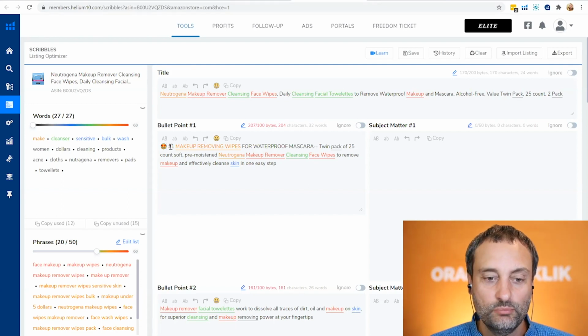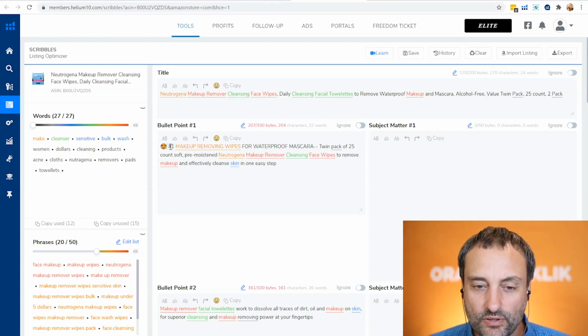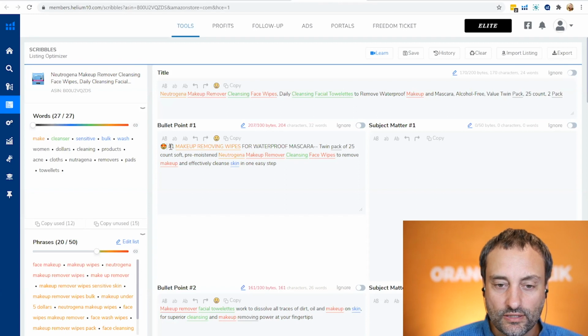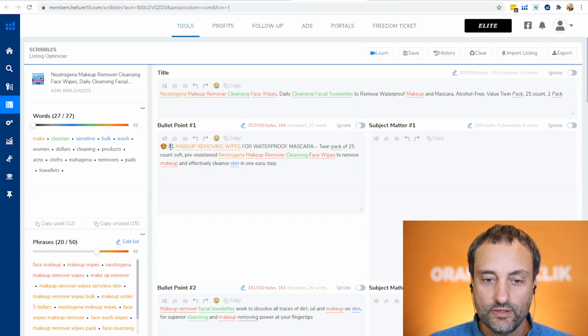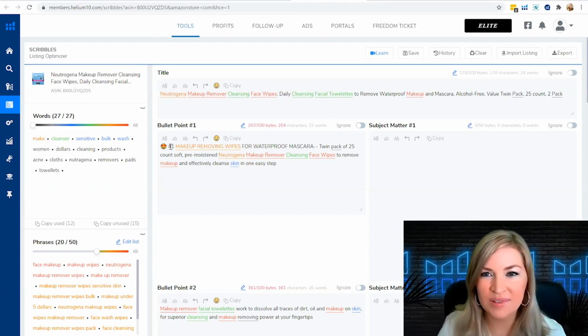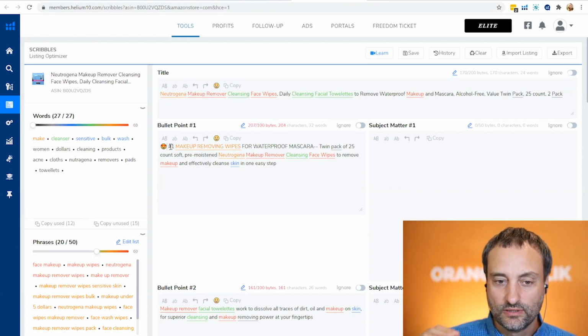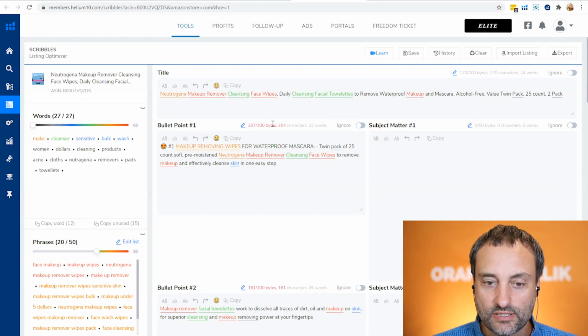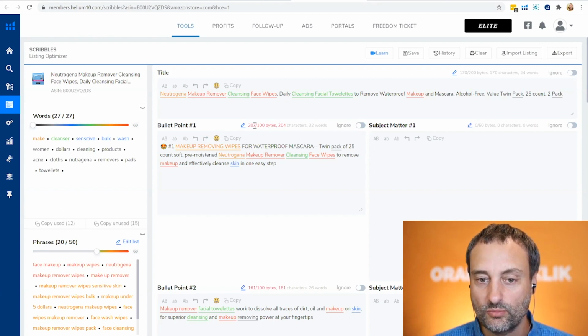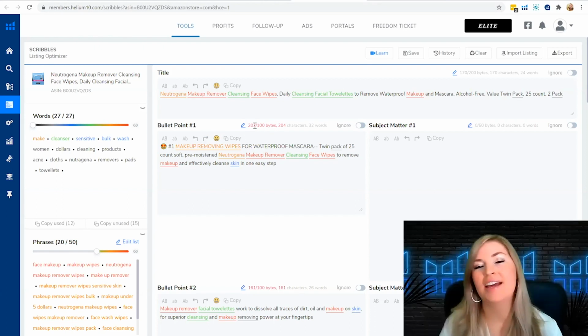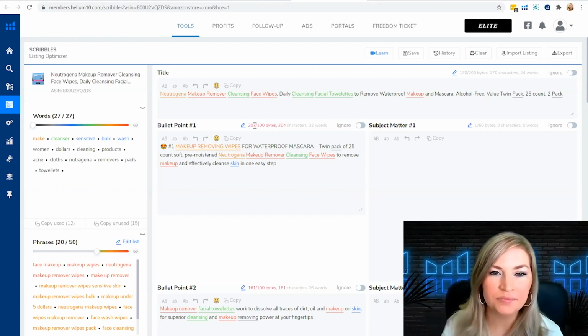Above the input area, there is some information in red. Bytes, characters. Can you explain this? Sorry, where are you looking at, Augustus? Bullet point #1, and next to it there is 270 bytes and 204 characters. It looks like you wrote too much. Can you explain this? Oh yes, thank you so much for bringing that up.